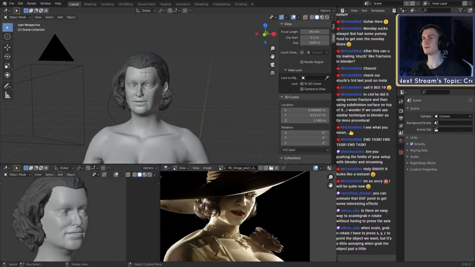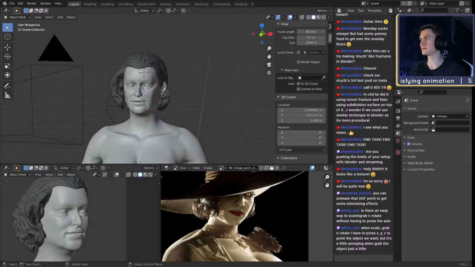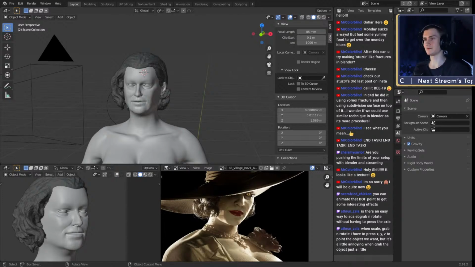It's not perfect. Wait, what is going on? There we go. Okay. So, can I adjust my chat box a little bit? Oh no. There we go. Okay, this should work.